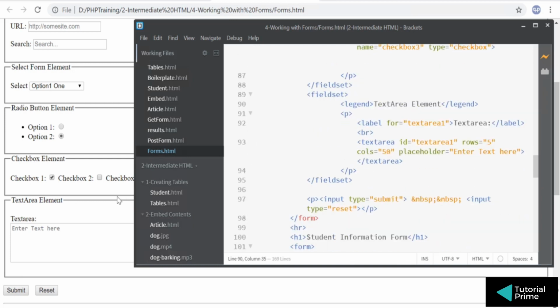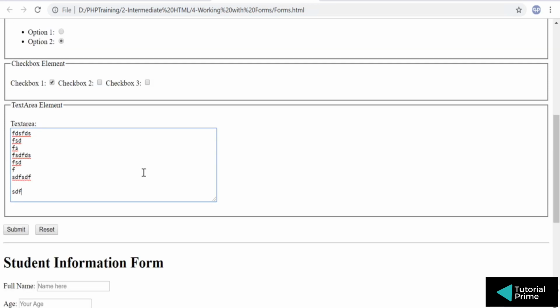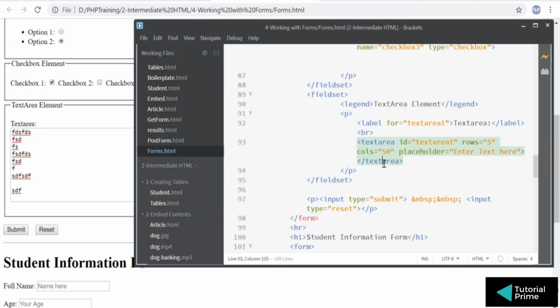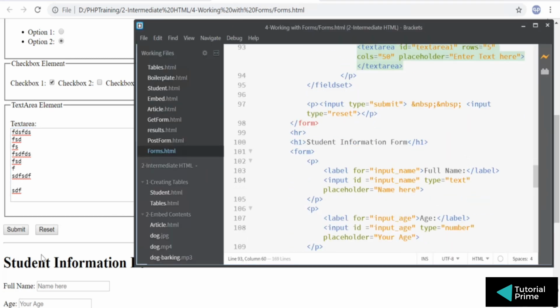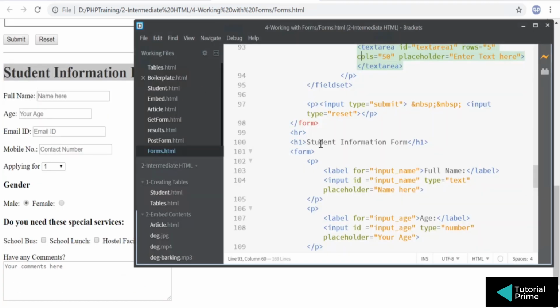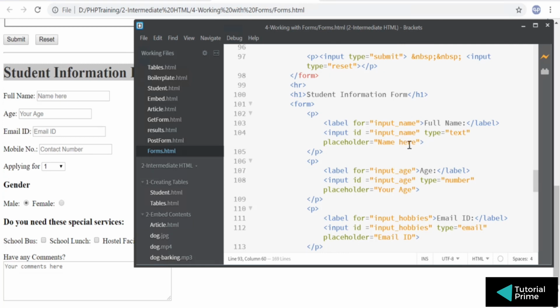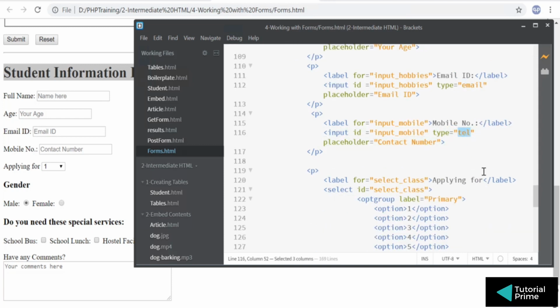And then you have the text area element. If you want to write long text over a number of rows, you can use text area for it. For text area, you can mention how many rows and how many columns. The columns are the width, the rows are the height. Then you have the submit button, and here you have a student information form. Let's quickly review that. For name, you can use input with type text. For age, you can use input as number, and you can accept email and telephone number.